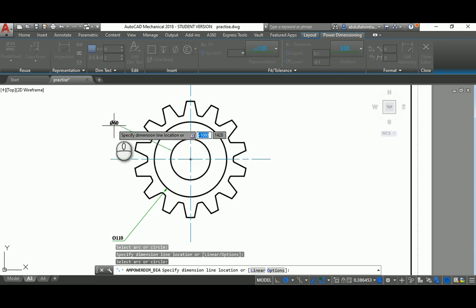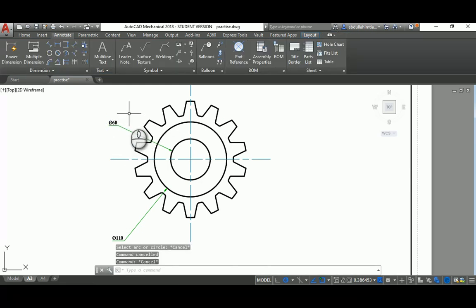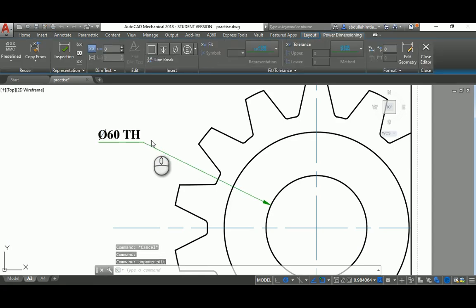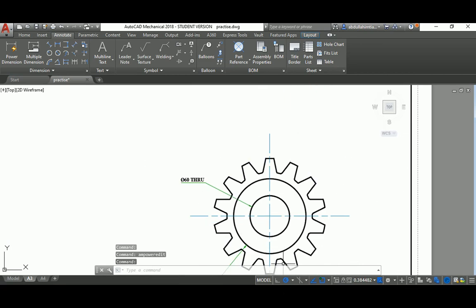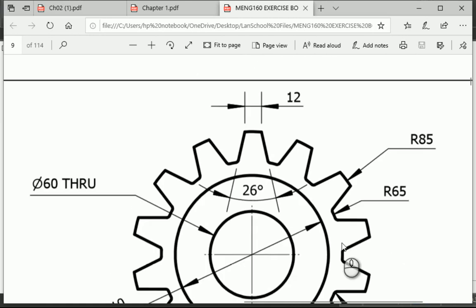It means it is passing through. Okay, we have to alter the dimension. We have to write it over here: THRU. Great. Next, what we need to do is that this is radius 85, this is radius 65, and this